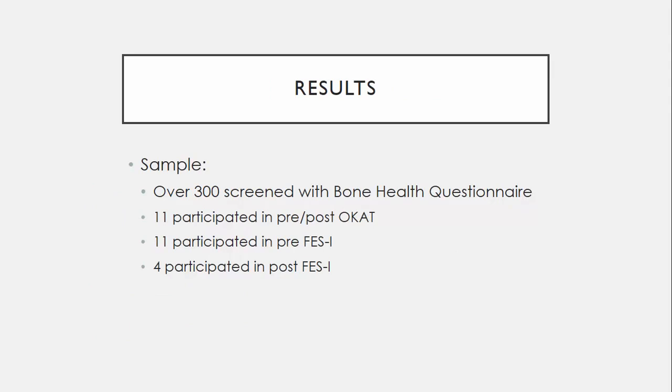We ran the statistical analyses, but unfortunately our samples were too small to truly say that we had statistical significance. But I'm still going to report some of our data here just to give you an idea of where the data might be heading had we had a larger sample.